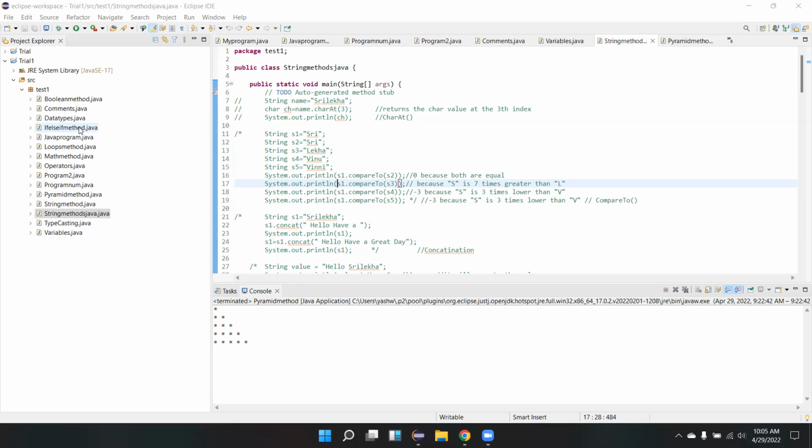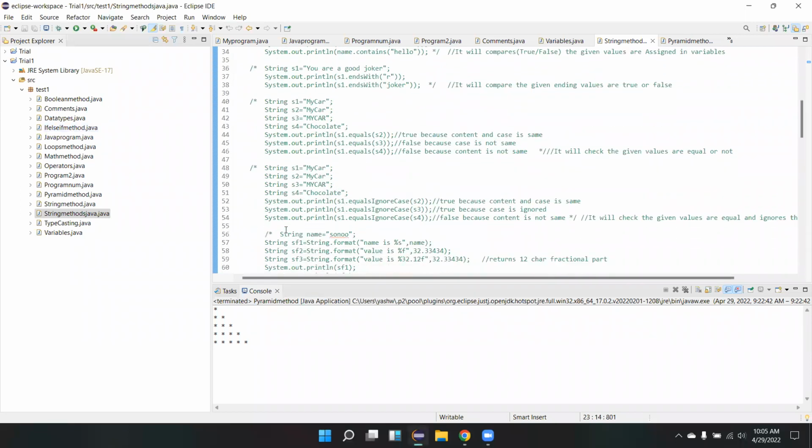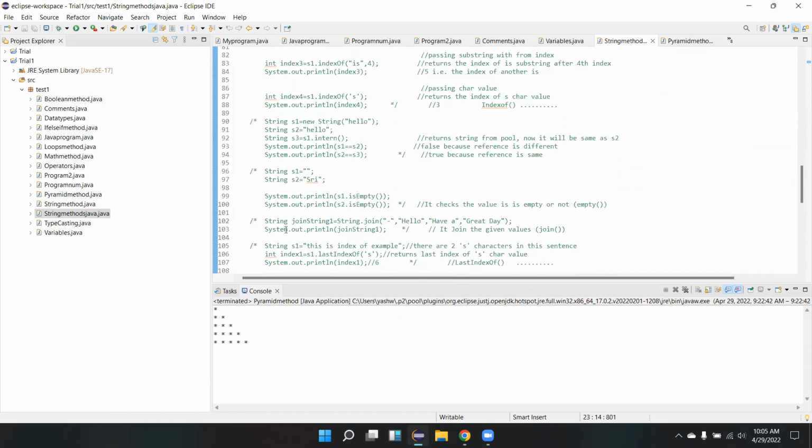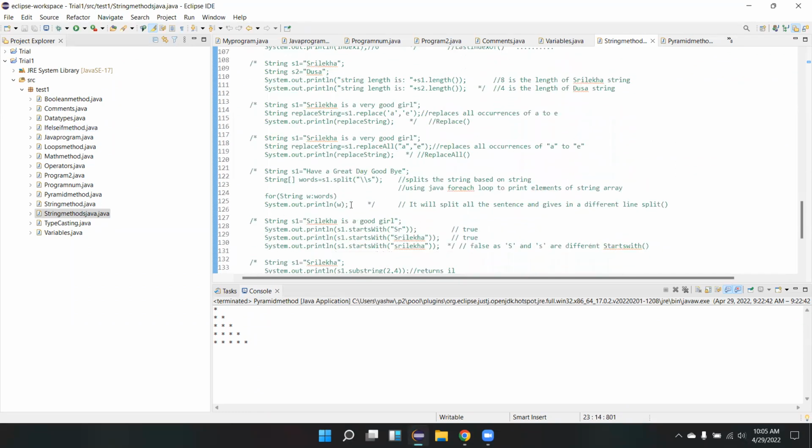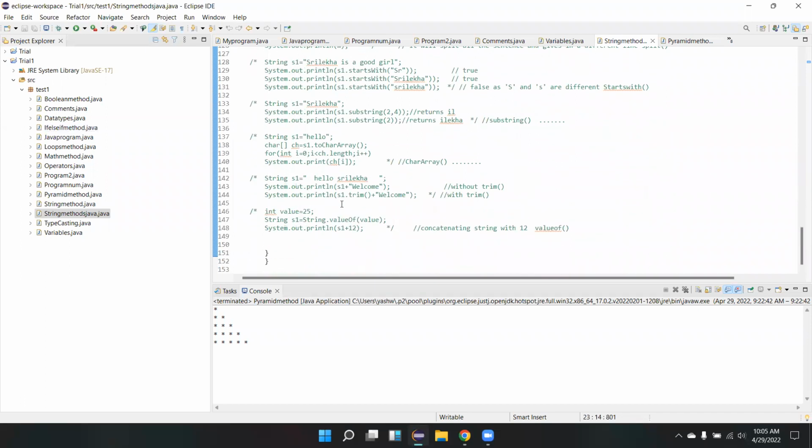Apart from this, any questions in the strings? We have already spent 2 days on this, and I know it takes lots and lots of time if I start looking into it. We just wanted to go for the conditions. But if you have any questions or doubts on your implementation, especially on join, split, or any regular methods you are trying to use, you can ask me. If not, then we jump to the if conditions.